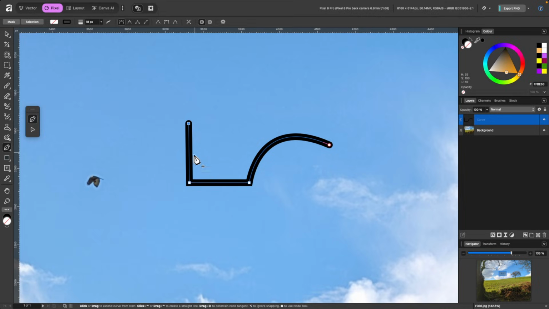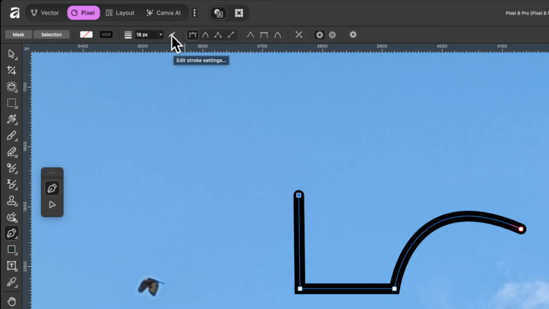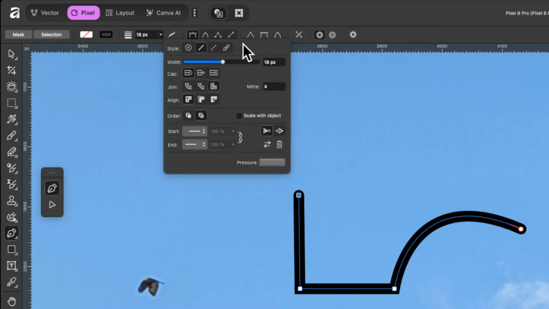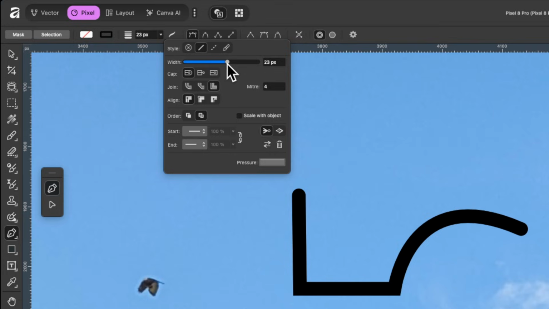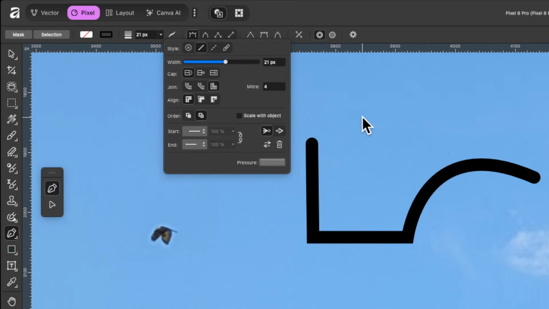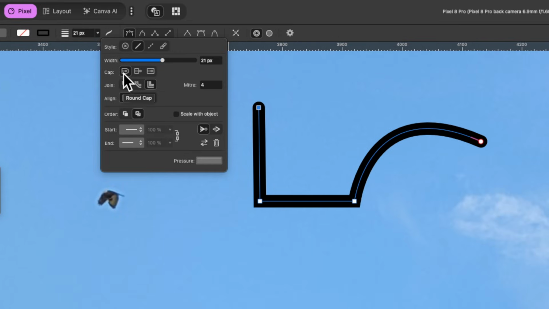Okay, I've got this simple curve here and now I want to show you the stroke settings. So up here in the context toolbar, Edit Stroke Settings. I'm going to click on that, and now I have this box here. Here I can change the width, of course, but I also have other options. You see here it says cap. Let me just bring this up so it's closer. Caps are the ends of your curves. Right now you can see it's round. I can switch over to butt cap and it's flat, and I can go to square cap and it's still flat, but it's just pushed out further.